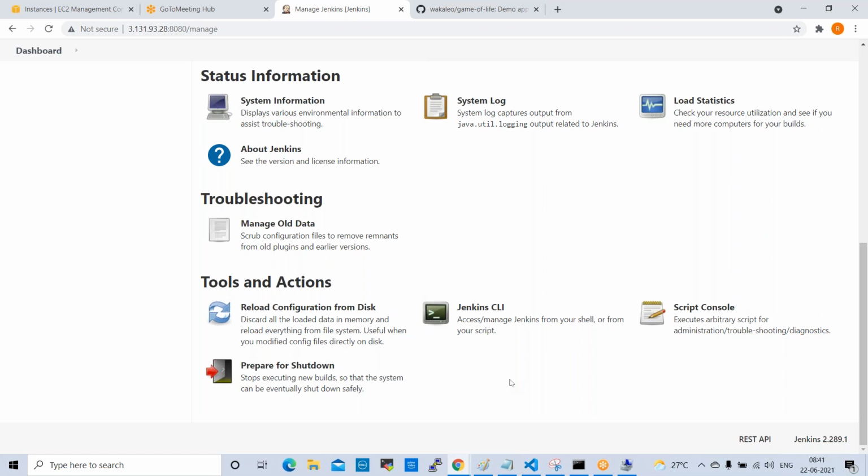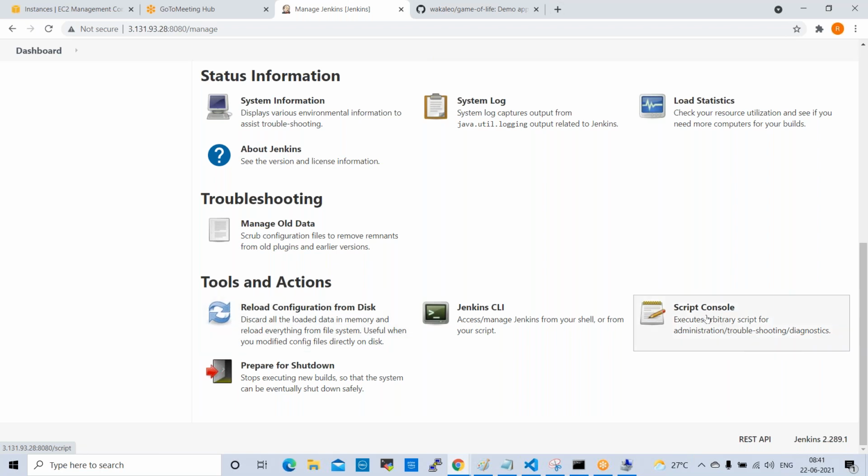If you click on this key, the operating system will be reloaded. The same way in Jenkins, there is the option Reload Configuration from Disk. If you click on it, it will reload all the packages and whatever system files you missed will be restored.